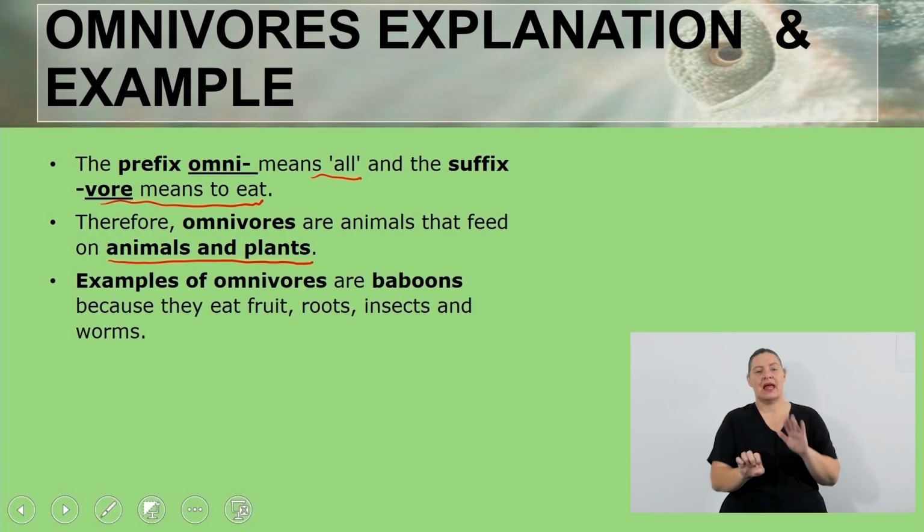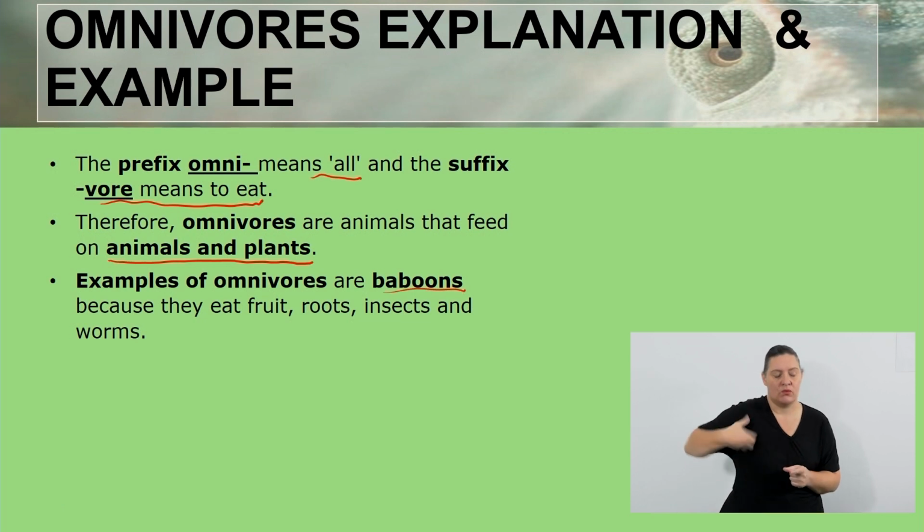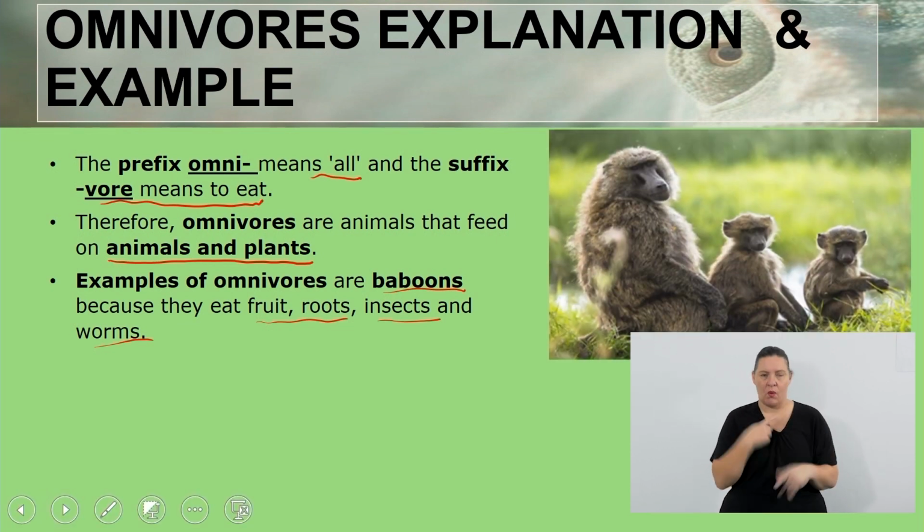So examples of omnivores, we have baboons, because they eat fruits, they eat roots, they eat insects and worms. So they eat both plants and animals. That is why they are a perfect example of an omnivore. Here's a nice picture over here. And then